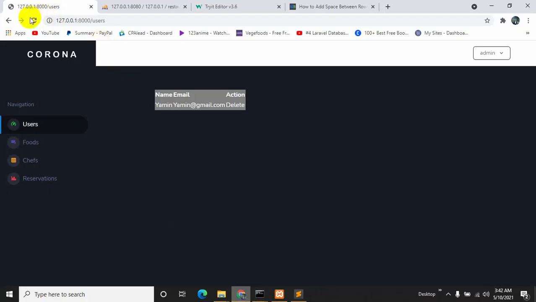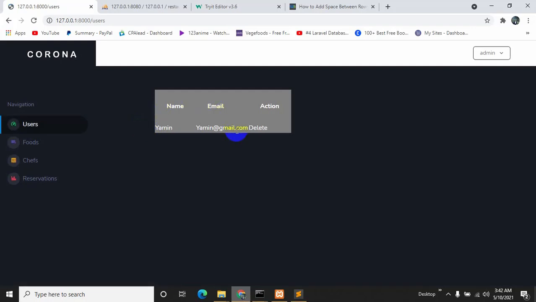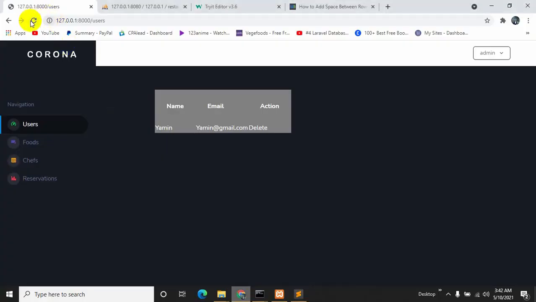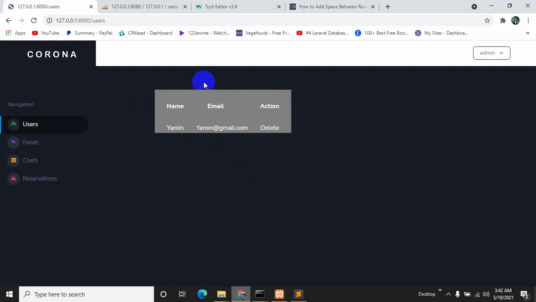Control S, and if we refresh, here you can see there is some gap, but it doesn't look good, so we'll just say over here align center, Control S, and let's refresh. Okay, now it looks good.